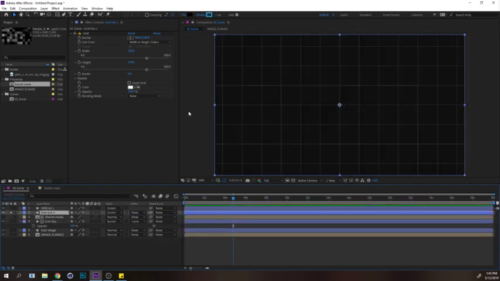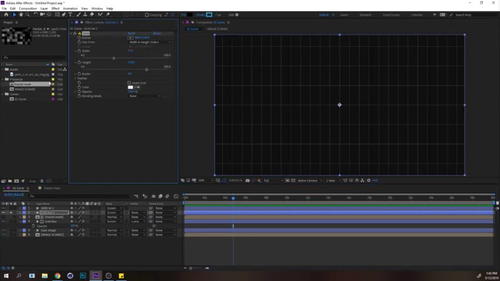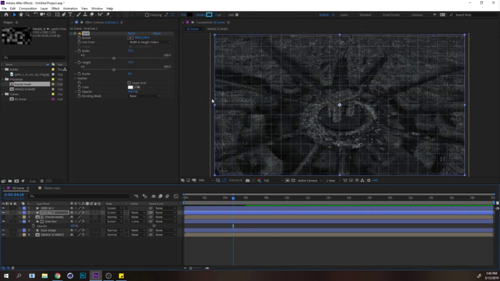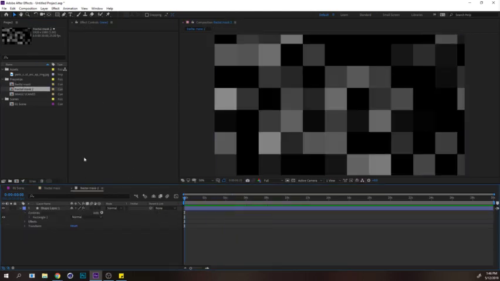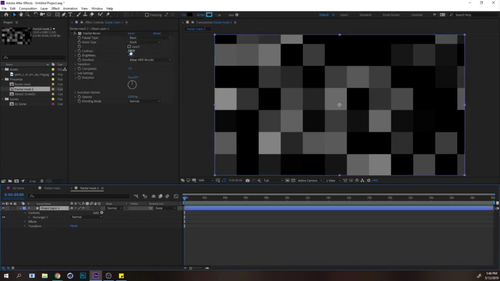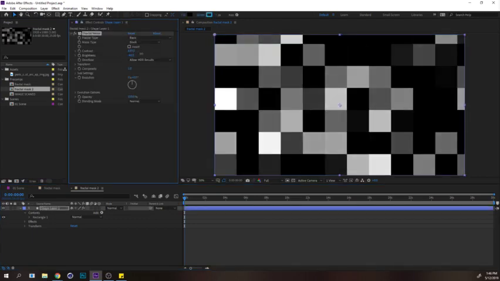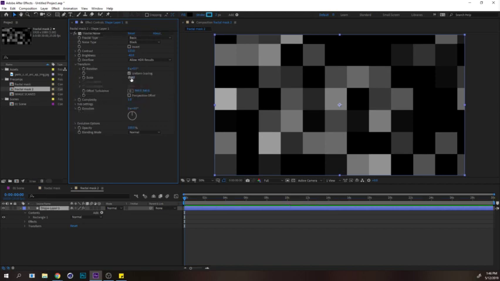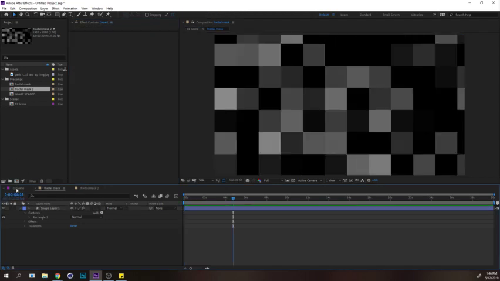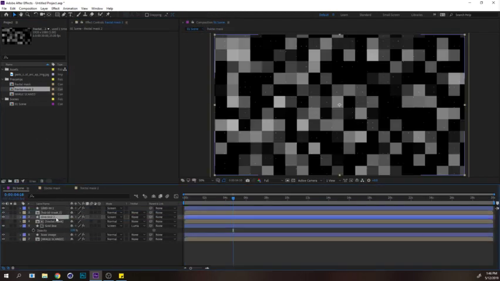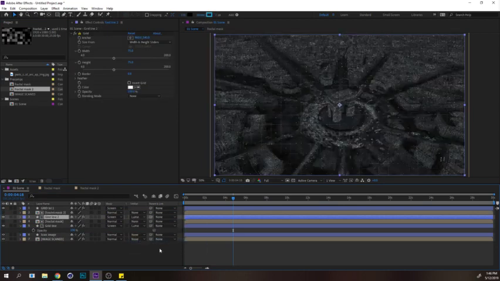I just want to look at this. Now we have 150 by 150, and what I like to do is divide this by 2. It's going to give me 75. We've got that down there. I'm going to duplicate fractal mask and go inside. I'm going to go into the contrast a bit. I'm going to go into transform and transform this slightly lower. Awesome. Now I'm just going to go back into my scene and bring in fractal mask 2. I'm just going to use illuminate. So this way we've got two levels of